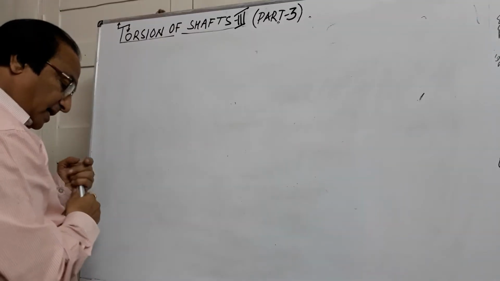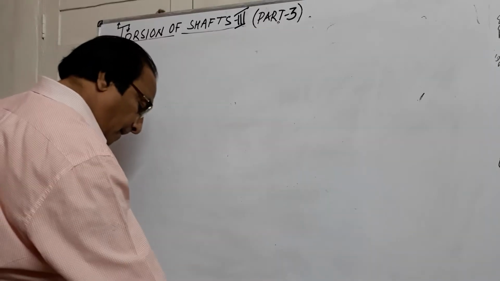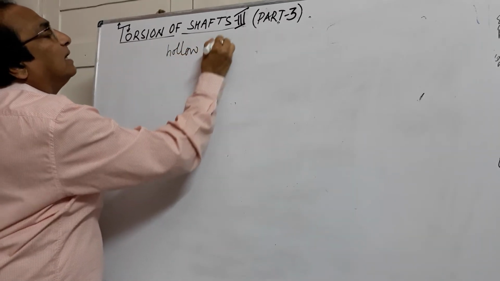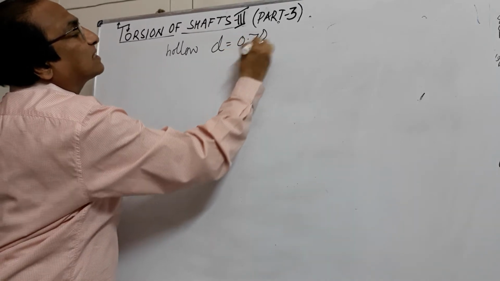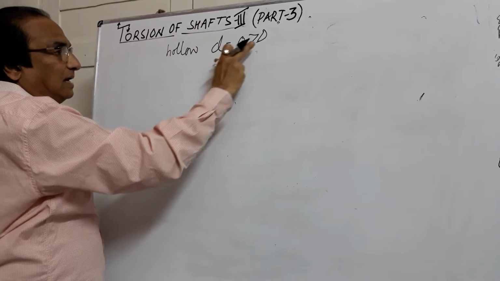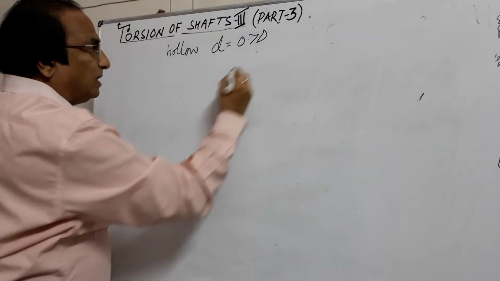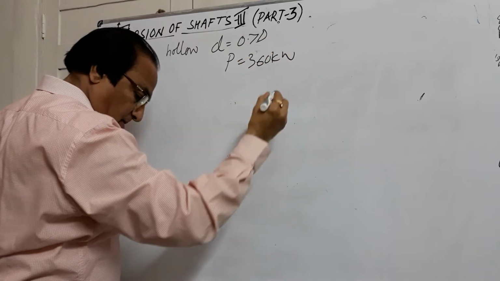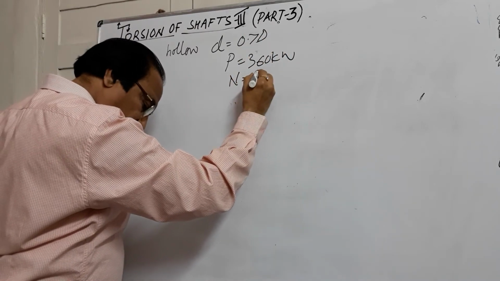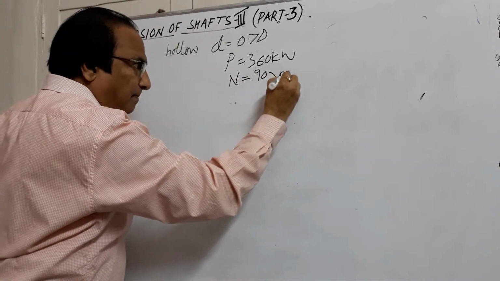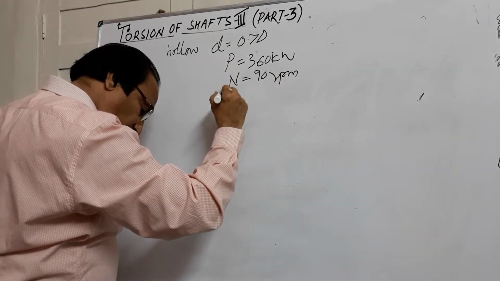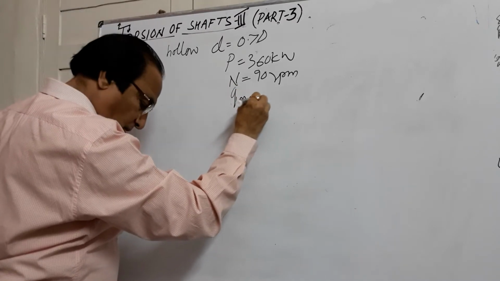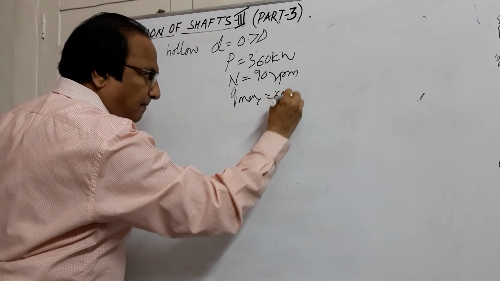Suppose I take a hollow shaft of internal diameter 0.7 times the external diameter. So I will have to design the internal diameter and the external diameter. So here the power to be transmitted is 360 kilowatts. Number of revolutions N is equal to 90 RPM, and another data given to you is that the maximum shear stress should not exceed 60 MPa,